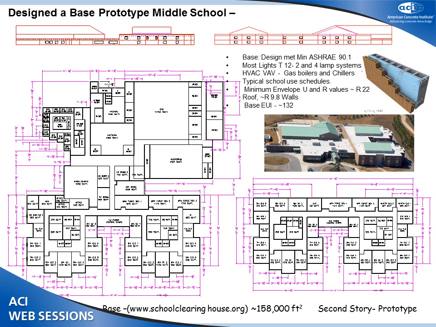Our base design for the school looked at a cavity wall system, a masonry cavity wall, and it was designed to meet the prescriptive requirements that are described in the ASHRAE 90.1 standard, as a number of the speakers ably talked about earlier today. We went through a base design in here, using just these prescriptive requirements for the fenestrations, the R values on the roof. In this case, for our climate zone, was an R22. Approximate R values for the walls were around 9.5, 9.8.